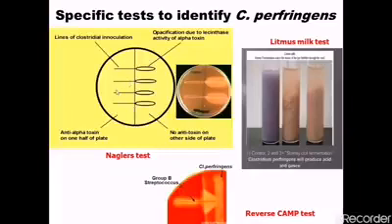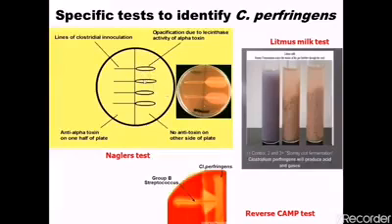On one side of this plate, anti-alpha toxin is applied, and on this side, there is no antitoxin. Apply the test organism, which is actually Clostridia, so there are lines of clostridial inoculation. Incubate this anaerobically, and you will find